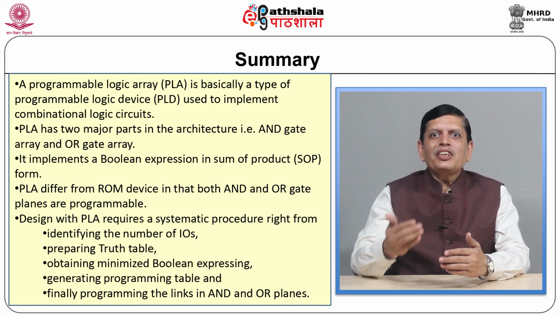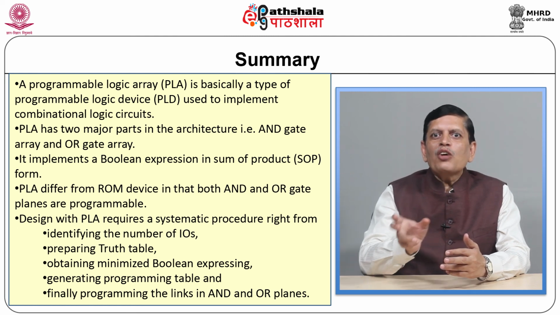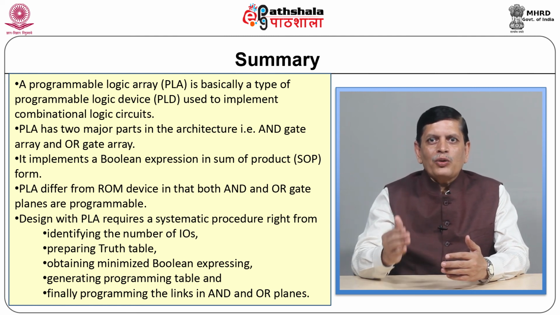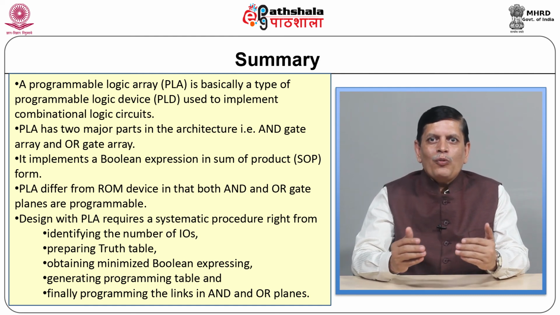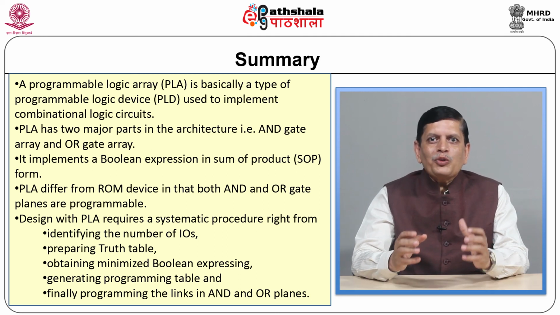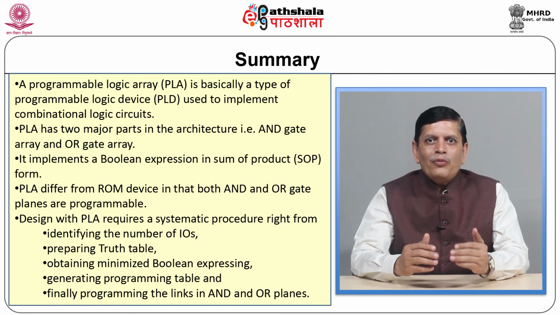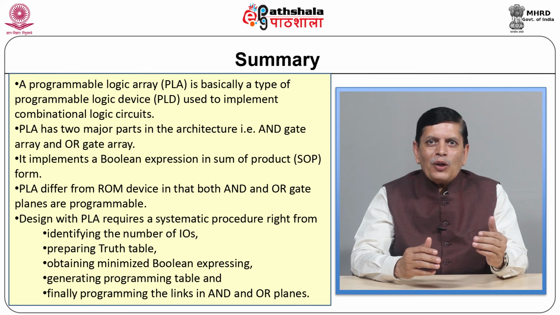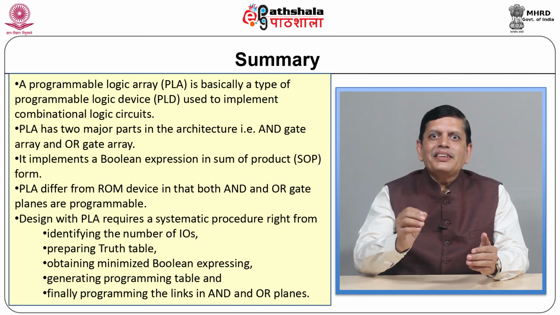Once the Boolean expression is formulated, the step number 3 is to correlate the input and output parameters and prepare the truth table. Once truth table is ready, the next step is obvious. We have to prepare a programming table, wherein we will be showing the programmable links required for implementing the sum and product terms. So, naturally, when we talk about presence of certain term, the link is present, and when there is no link present, naturally we write 0.